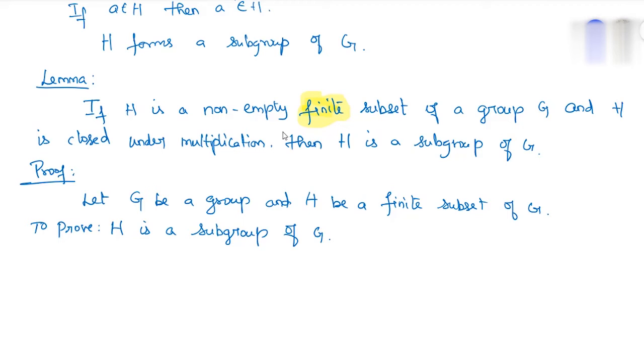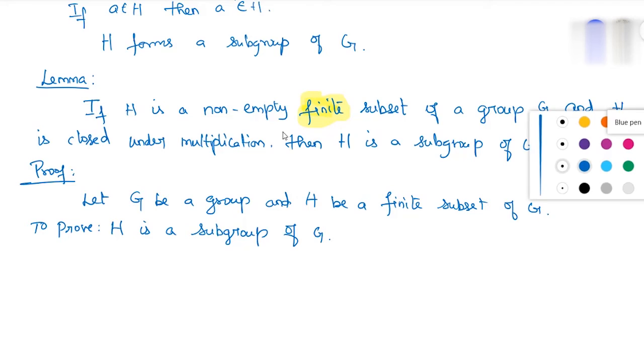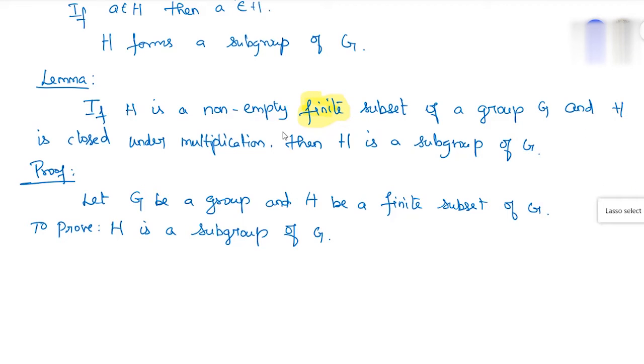Okay, closure and inverse. Here, it is already given that closure is true, it is given in the lemma and the set satisfies it. So the only thing we need to find is inverse. If the inverse condition is satisfied, it will form a subgroup of G.